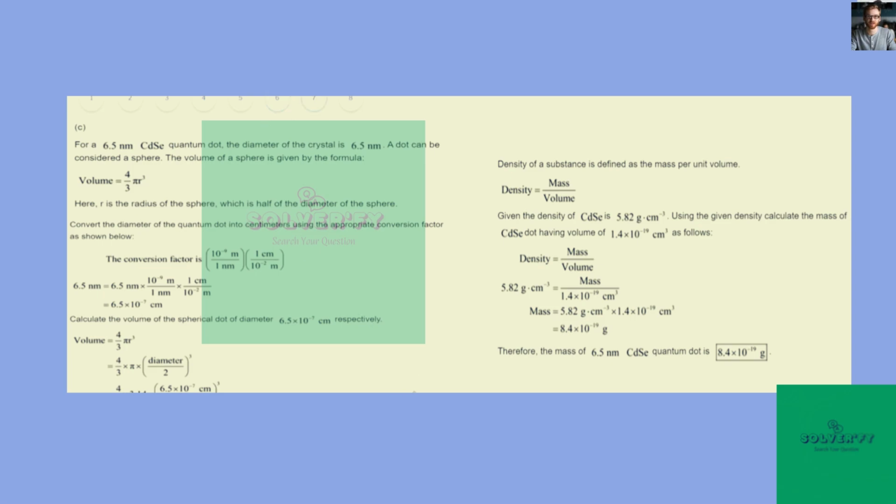Option C. For a 6.5 nanometer quantum dot, the diameter of the crystal is 6.5 nanometer. The dot can be considered as a sphere with the volume of 4/3 pi r cubed. We convert the nanometer into centimeter, which gives us the value of 6.5 times 10 raised to power negative 7 centimeter. From that, we can calculate the volume, which turns out to be